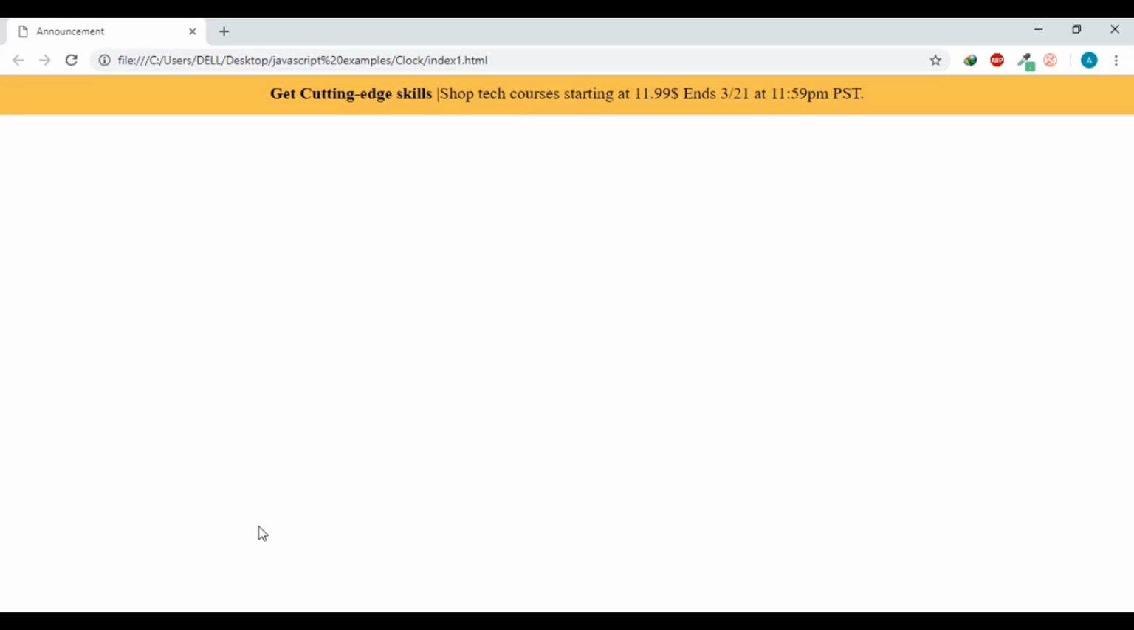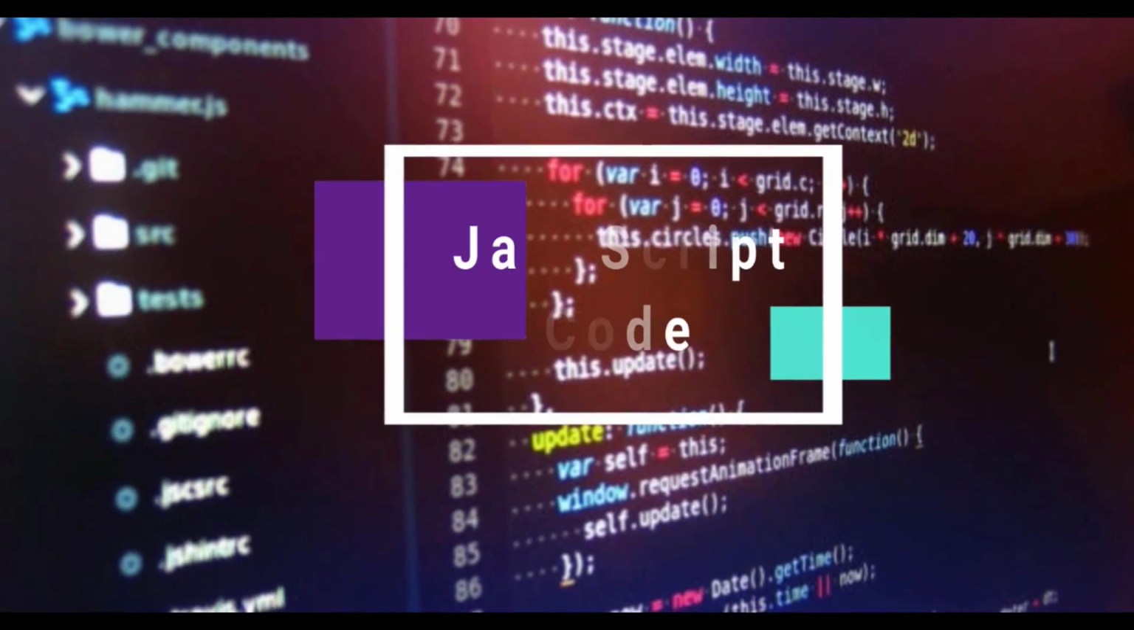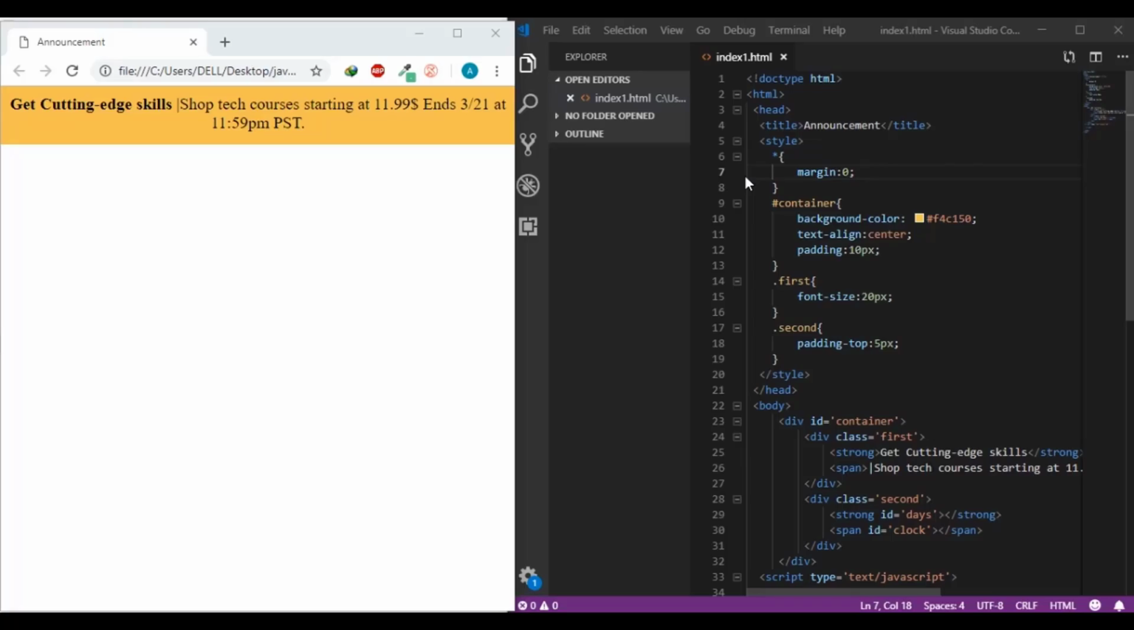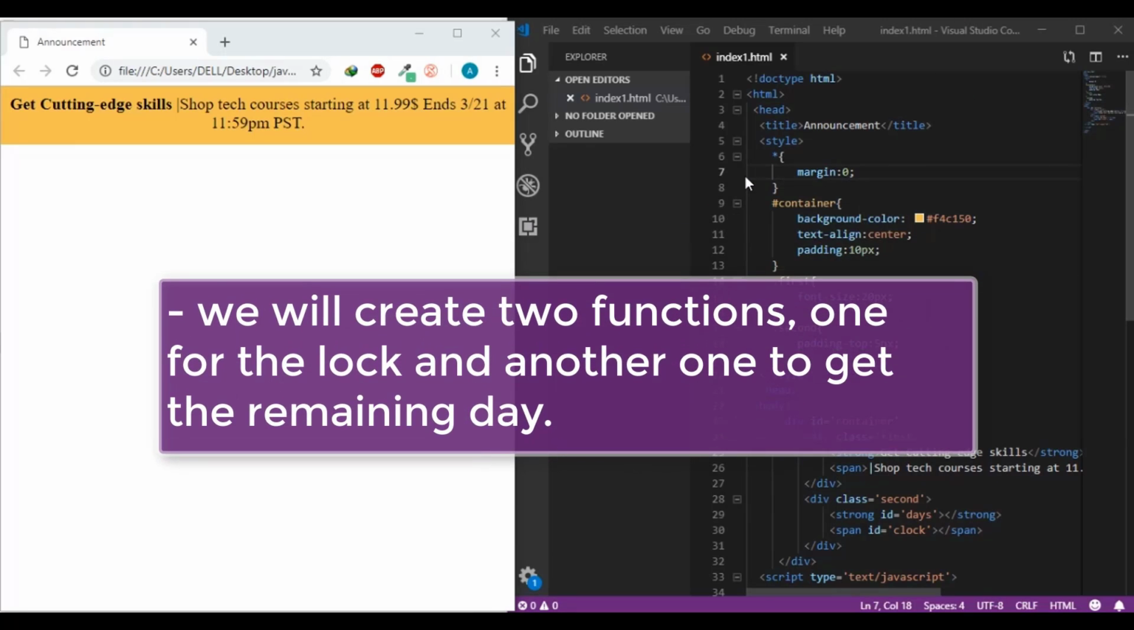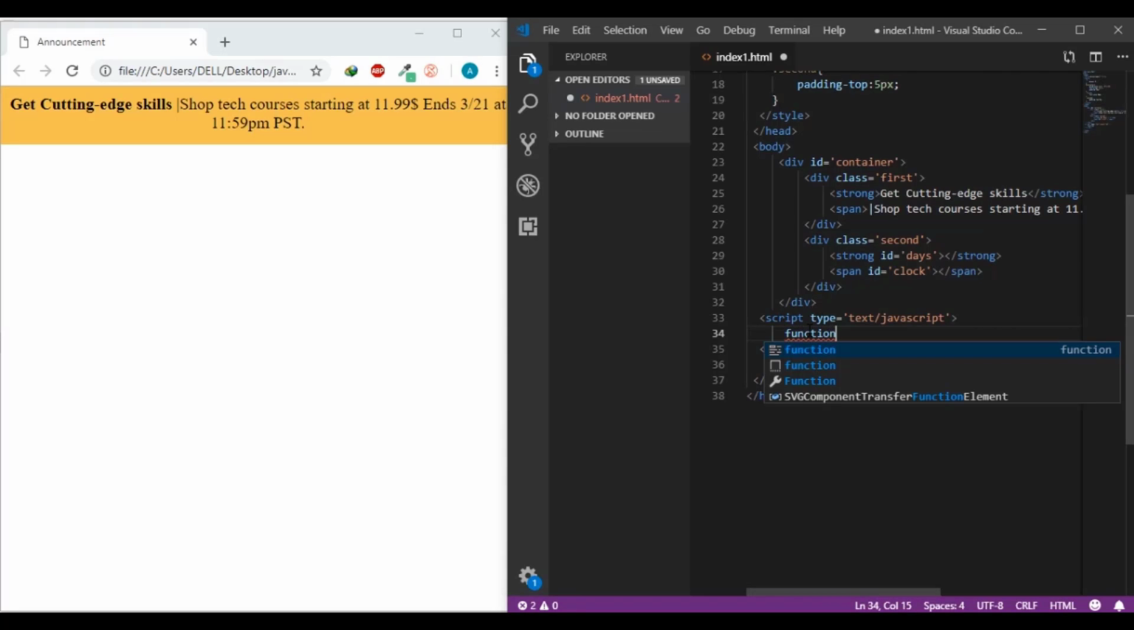But of course it's not appeared now because we didn't create it with JavaScript. So like what we have created in the HTML code, JavaScript will control the second division. We will create two functions, one for the clock and another one to get the remaining days. So let me get started. So let me create the clock function and let me call it get time or call it clock as you like,